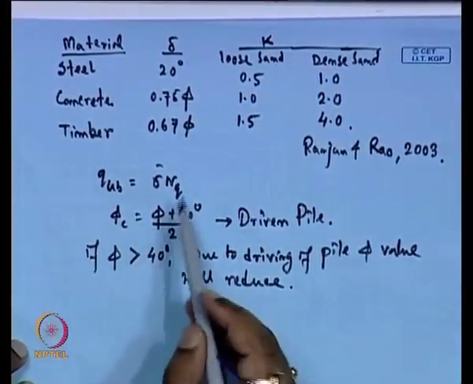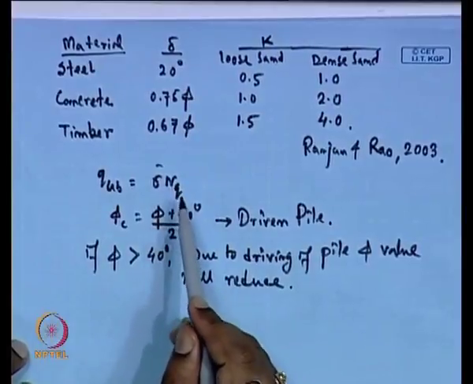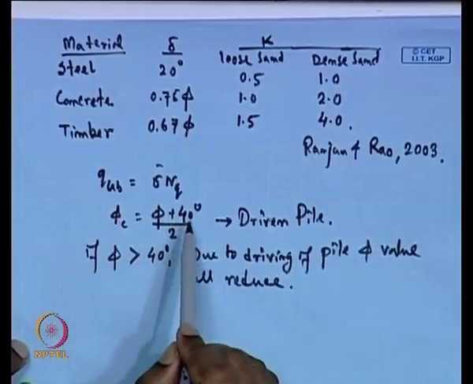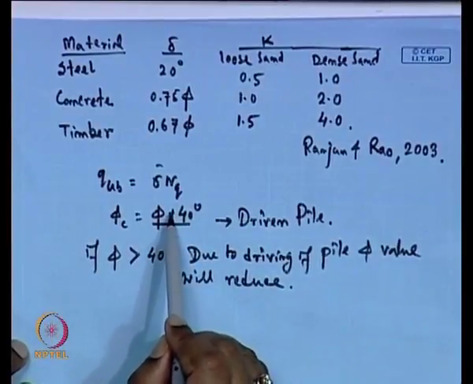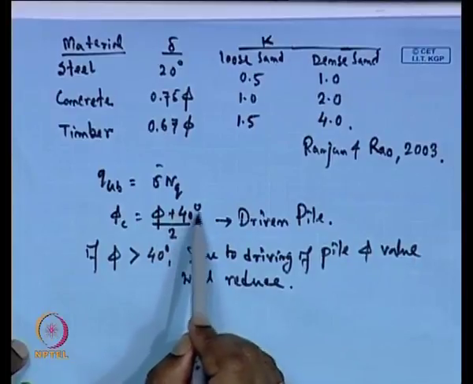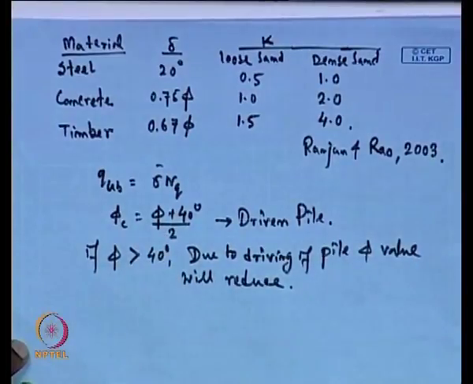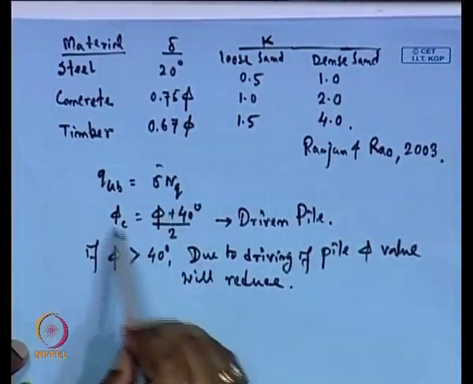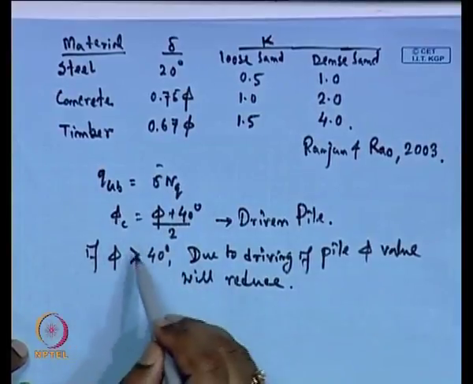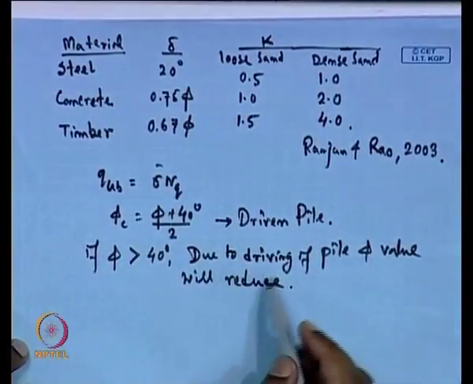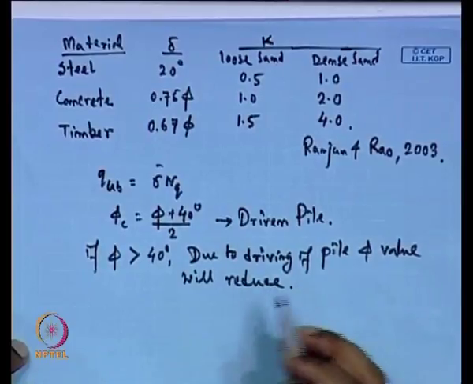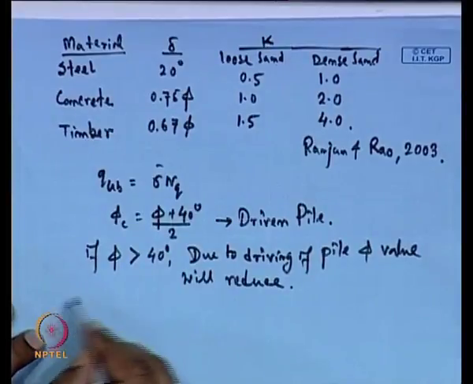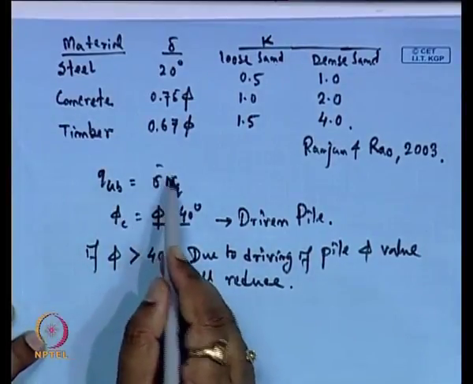When you calculate this Nq, suppose the phi value is less than 40 degree, then instead of using that phi, we will add this phi with 40 degree and take the average, because here the actual phi will increase because of the driving of the pile in the loose soil, and then based on that phi C we will calculate Nq. But if phi is greater than 40 degree, then because of the dilatancy effect, the phi value will reduce. Another thing, here we are considering that Qb is equal to sigma V into Nq, but